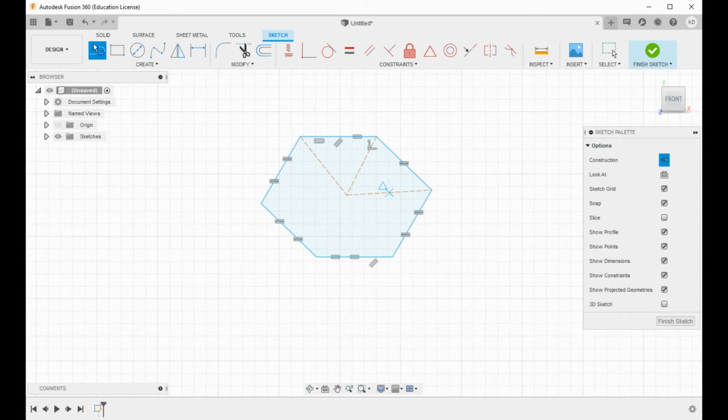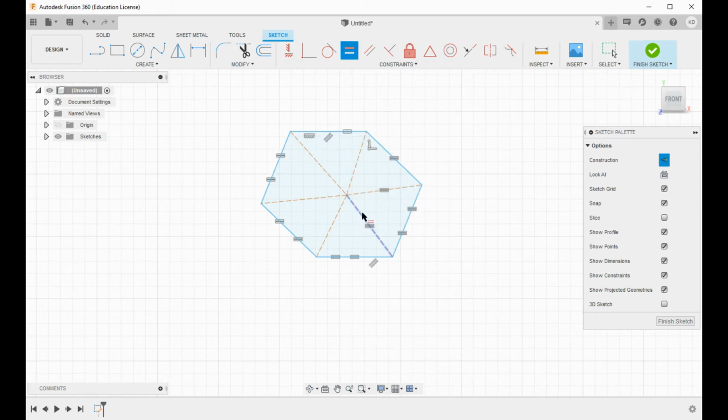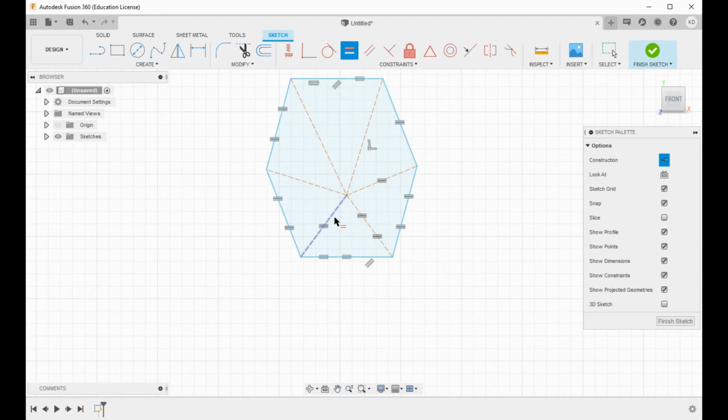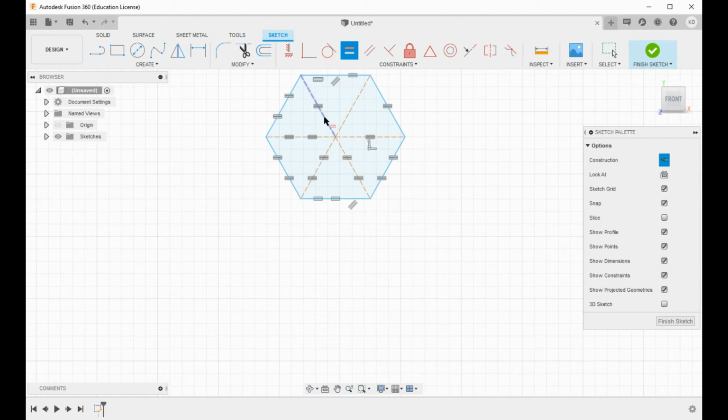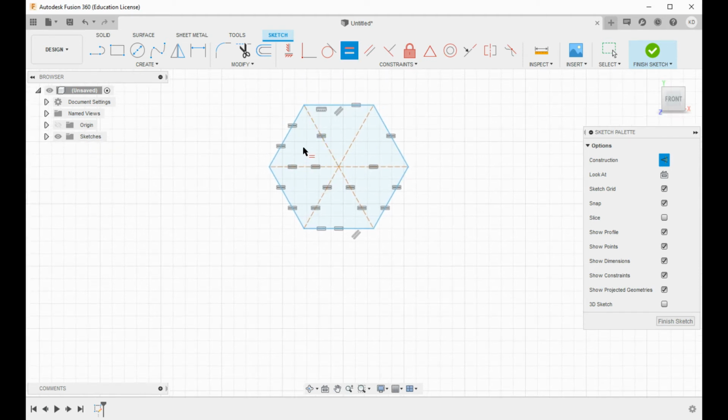So I'm just going to continue putting these construction lines between the center point I had just arbitrarily created and the points of the polygon. I'm going to put one to each point. Now those should all be coincident, but I'll find out real quick if they're not. And then I'm going to grab my constraint tool and do the same thing. I'm going to make all these equal to each other, because that really will tie the polygon together. And as you can see, it looks pretty darn good right now, and I'll just try and get that last one in there,